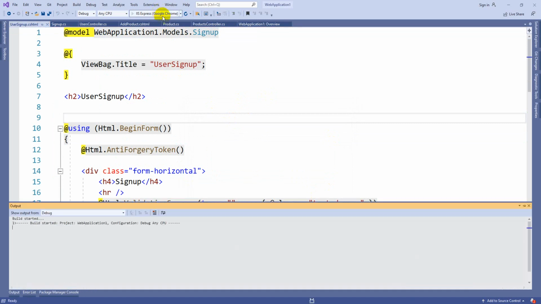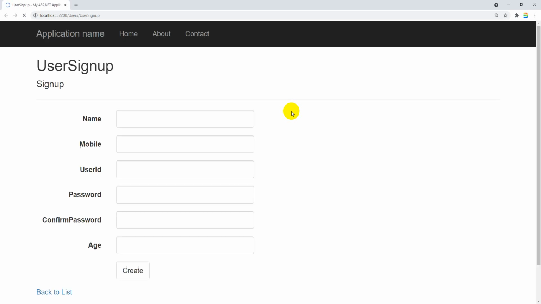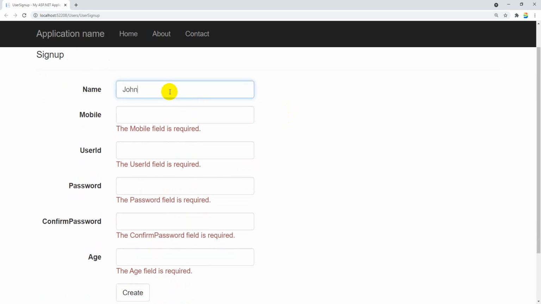Simply click on execute or the IIS Express option. Now if I click on this, you can see name field is required. Suppose I give a name, some.